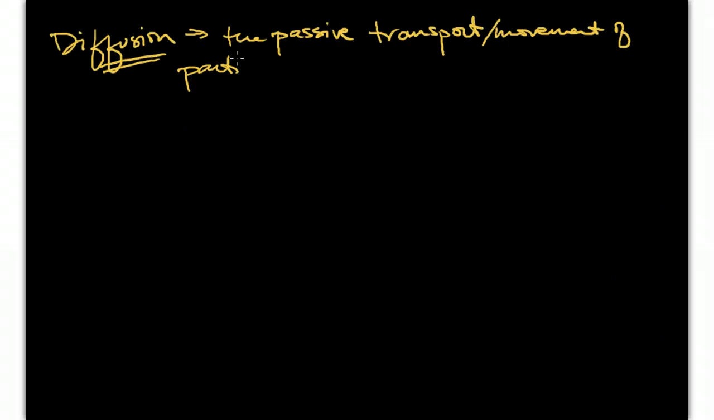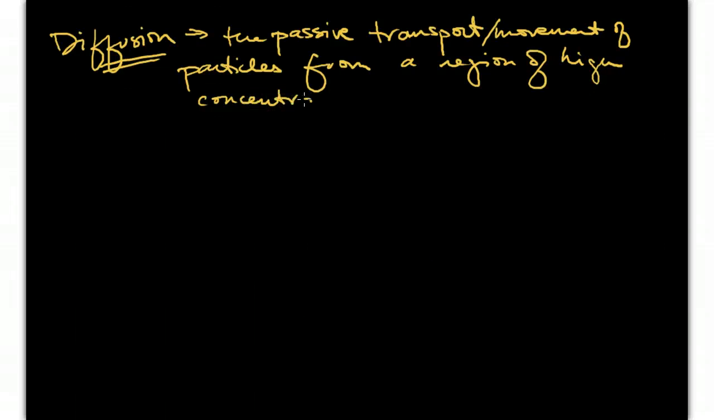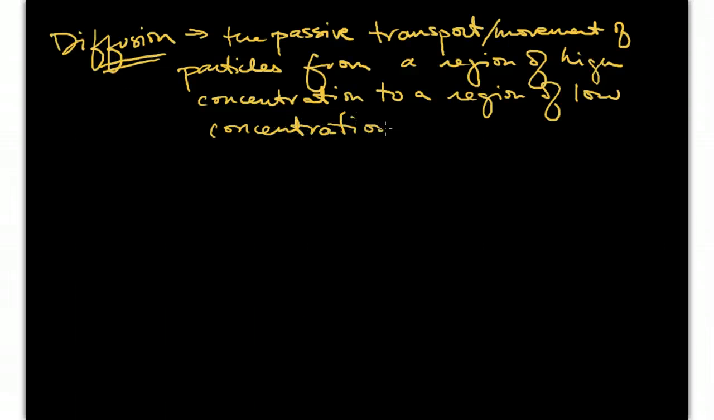the passive transport, or movement, of particles from a region of high concentration to a region of low concentration. Now, let me point out, this doesn't have to happen across the cell membrane, but that's what we're building up to. It can just be a molecule spreading out in an environment. But what I want you to recognize is that this is about particles,